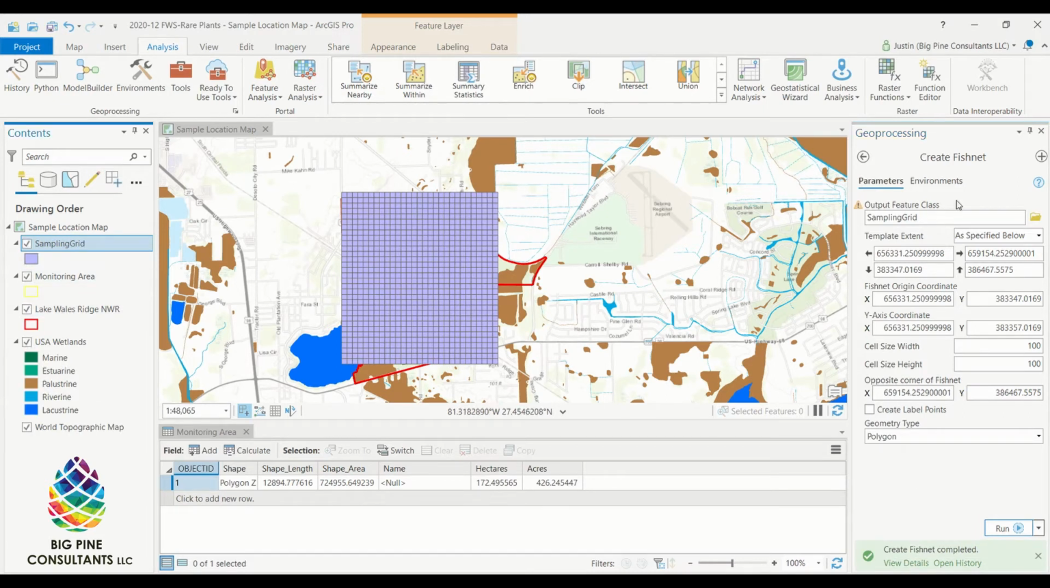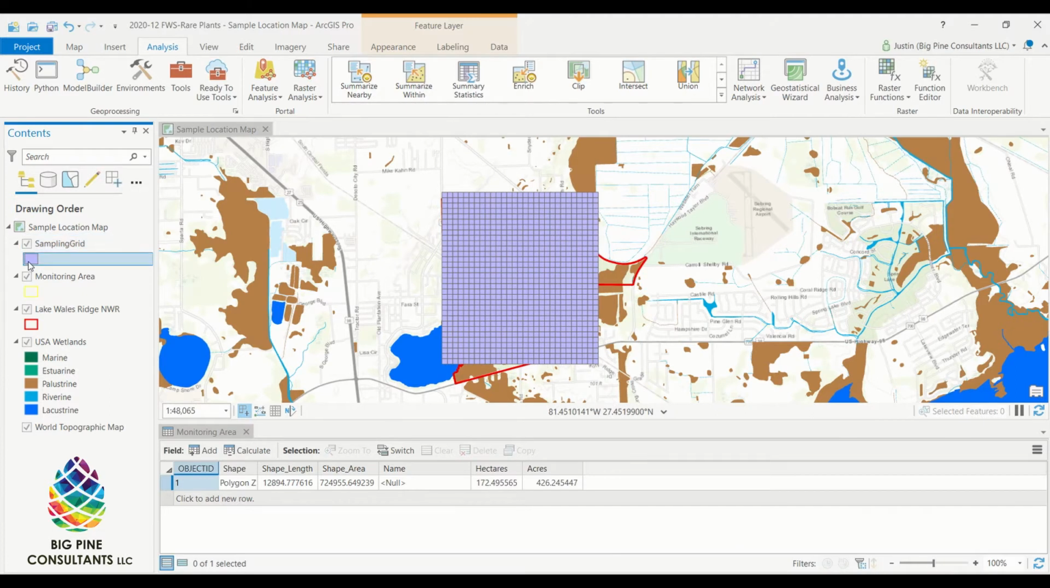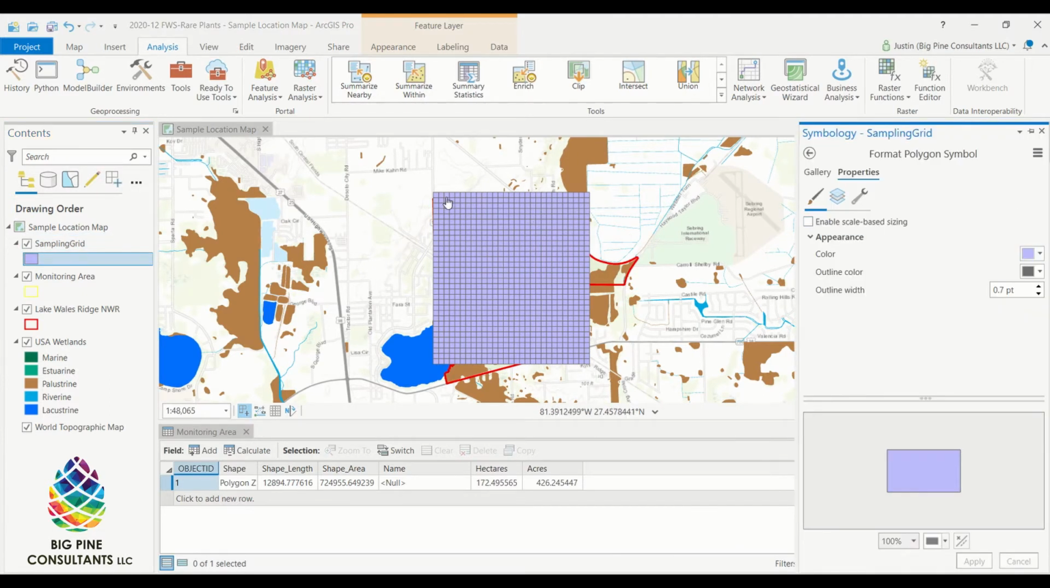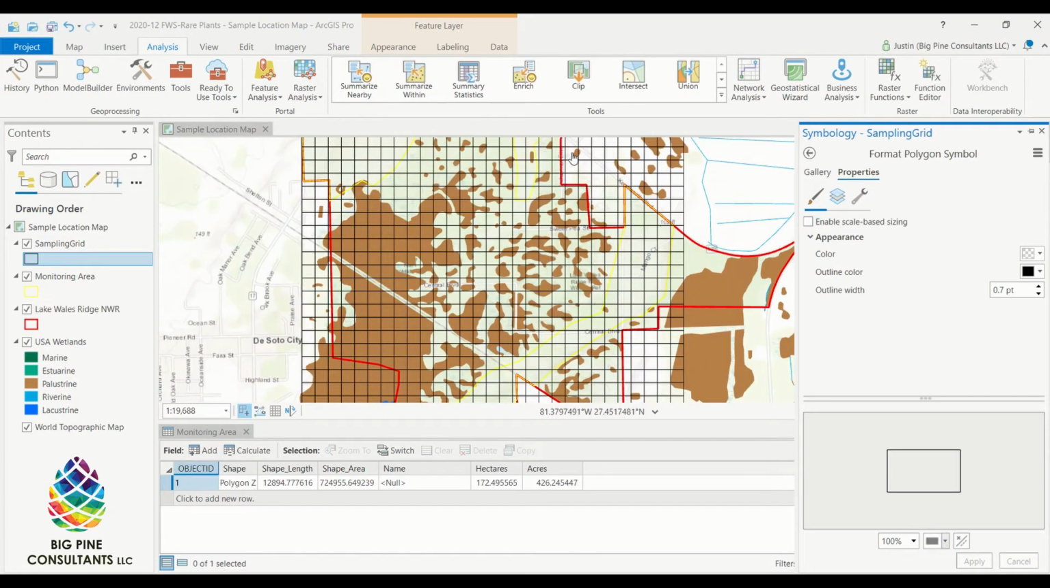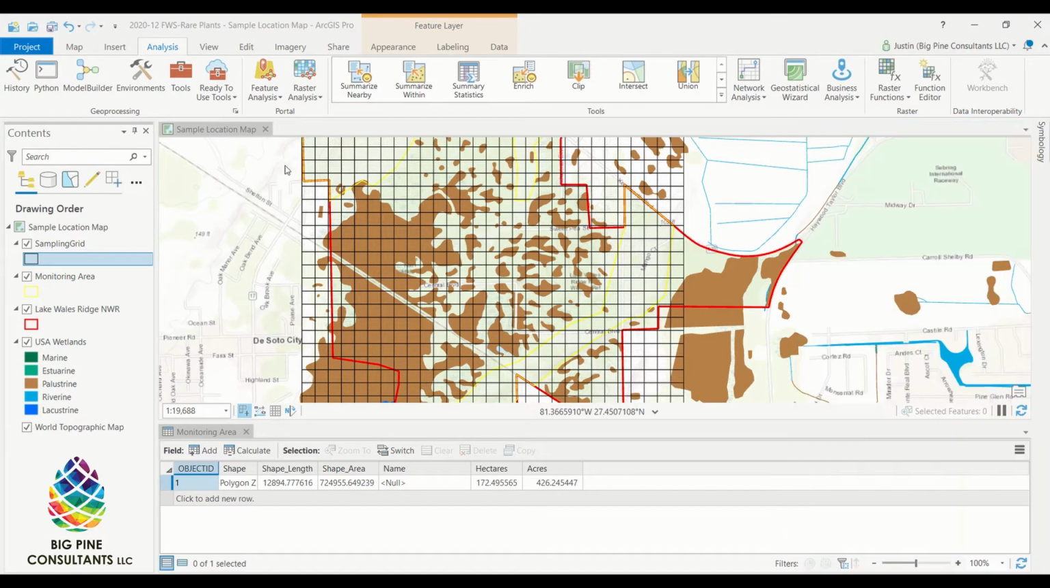So what this did, it created all of our 1 acre hectare sites, but it's in a large square that is inclusive of our monitoring areas but goes well beyond it. So all of these 1 acre plots that are not within our area of interest, our monitoring area, we want to exclude those. So to do that,